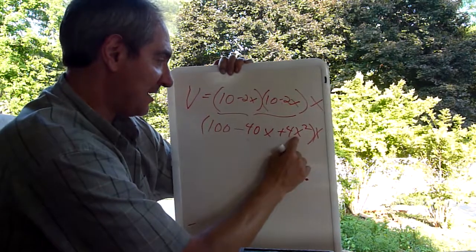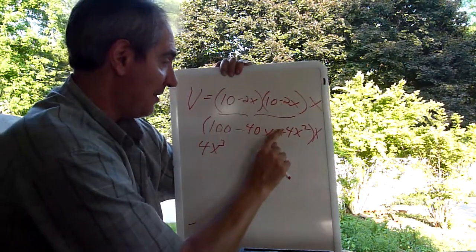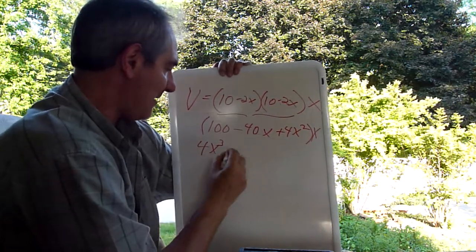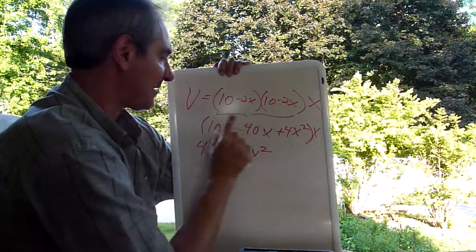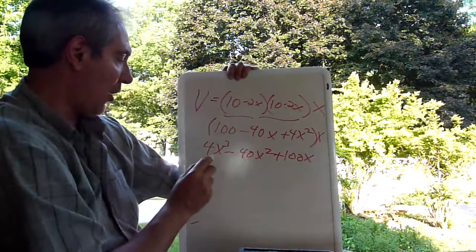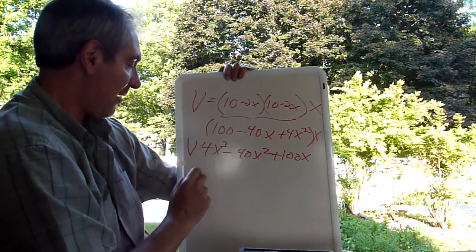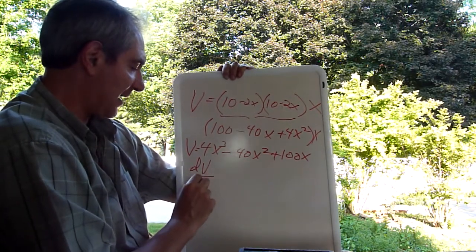So this guy times this guy, 4x to the third. This guy times this guy, negative 40x squared. And then finally the x times the 100, positive 100x. So that's V. Now, to find the derivative of V with respect to x,